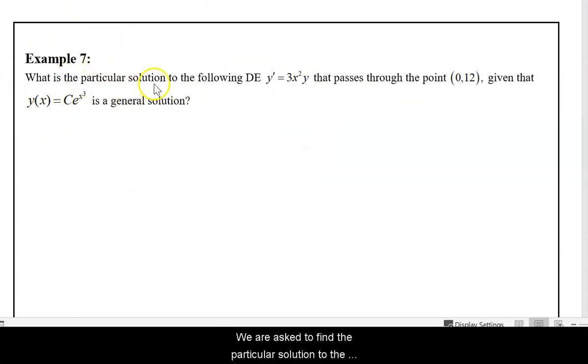We're asked to find the particular solution to the differential equation y prime equal to 3 times x squared times y that passes through the point (0, 12), given that y equals some unknown constant c times Euler's number e raised to the x cubed power. That is your general solution. So again, we're not going to explain how they know that this is the general solution. We're simply going to take it and take the initial value and try to find the particular solution to that